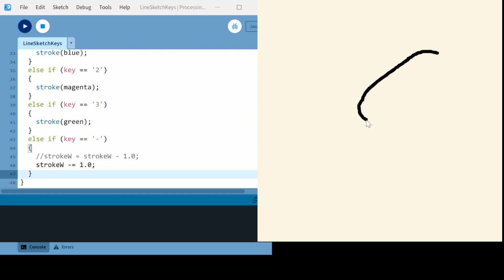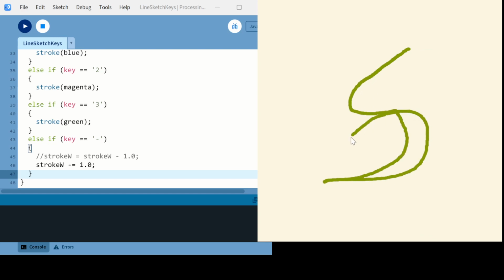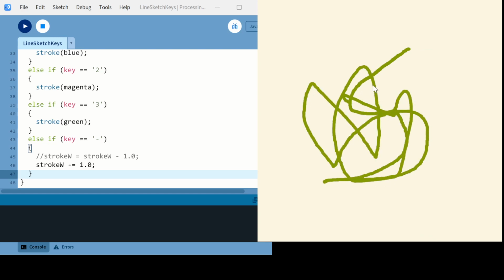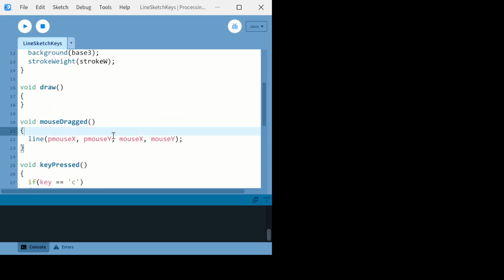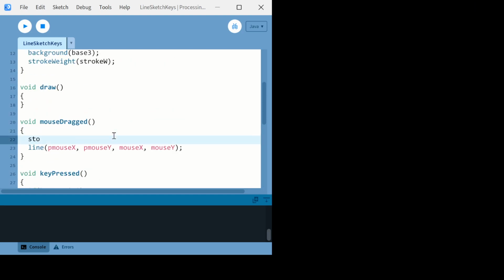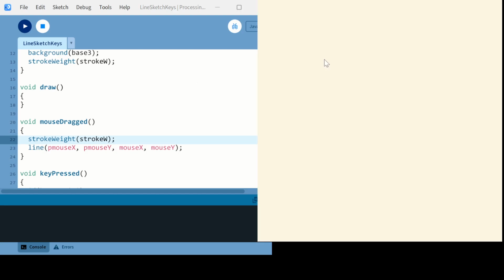We're drawing. Let's set a color. We're drawing, we're hitting minus. Oh, you know, we need to update the value. So we want to make sure that value is updated. Every time the mouse is dragged, so this will only be active when we drag the mouse. Actually, we'll do 2 versions of this. So now if I push minus, it shouldn't be updating the stroke value, but now I'm drawing